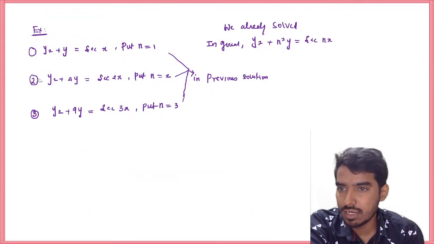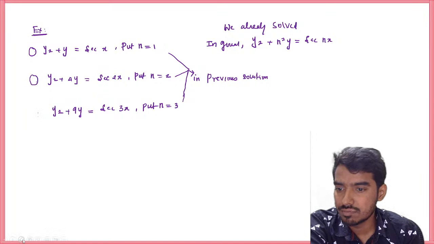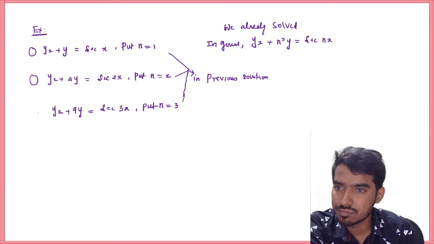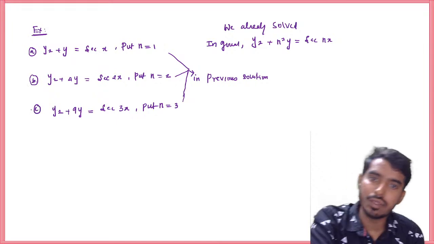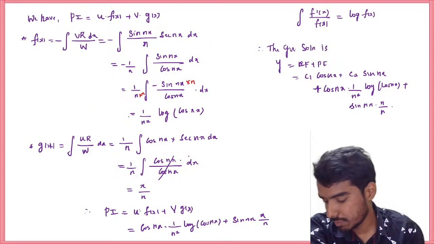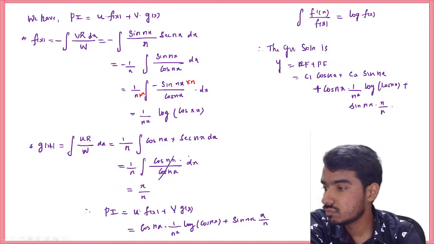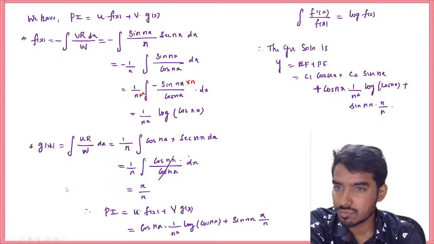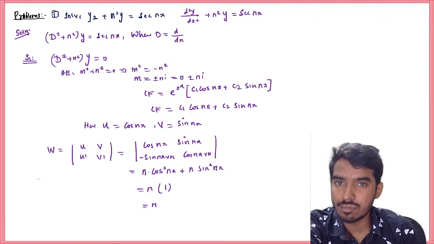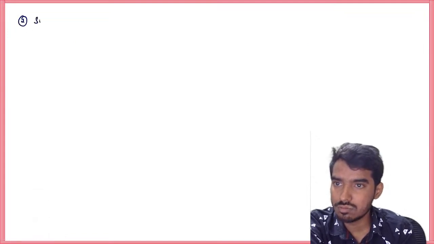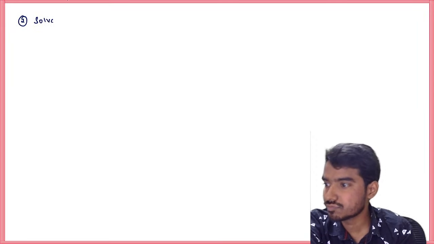Instead of 1, 2, 3, I let A, B, C. Now move on to the second problem. Clear, right? Second problem. Solve